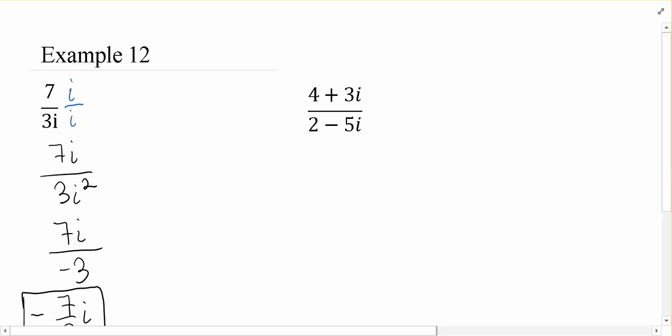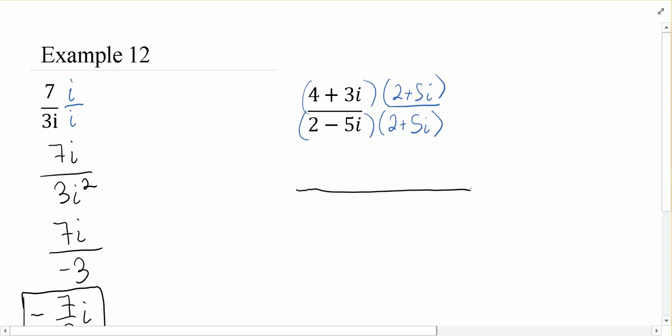Now, if we have two terms, we're going to multiply by the complex conjugate. The complex conjugate of 2 minus 5I would be 2 plus 5I. And so we're going to multiply by 2 plus 5I in the top and the bottom. Now, in the top, we're going to have to FOIL that out. We're going to have first, outside, inside, last. And in the bottom, we have a difference of squares. So we're going to square the 2 minus